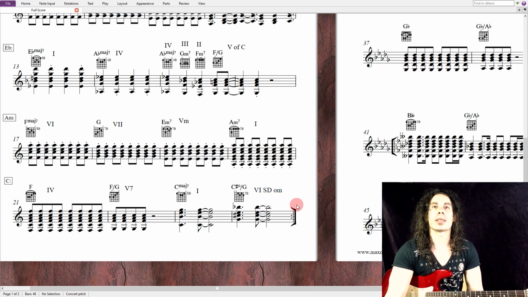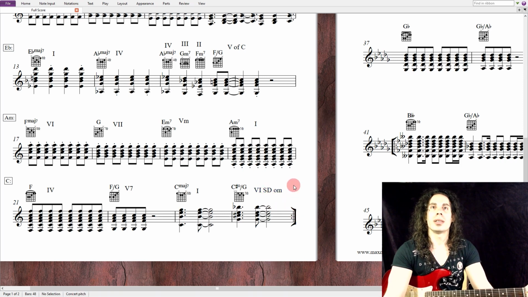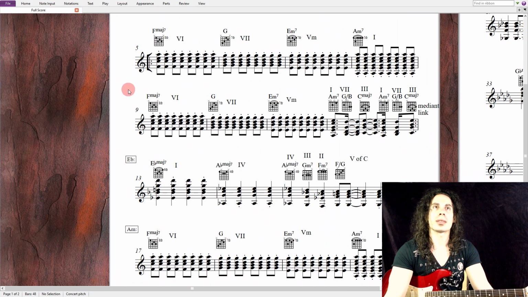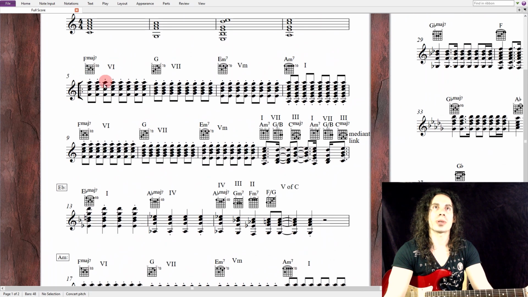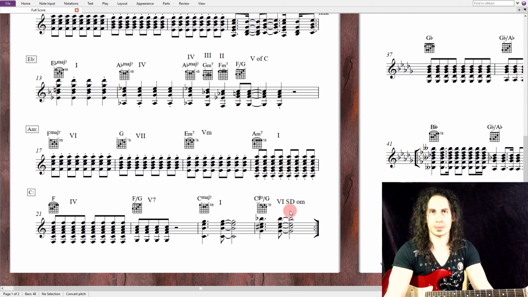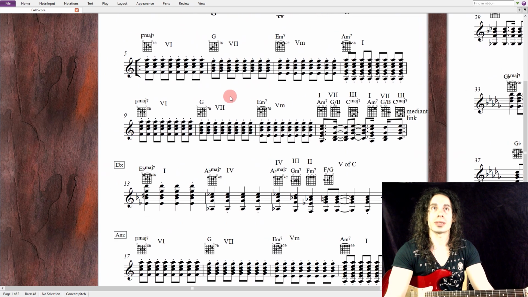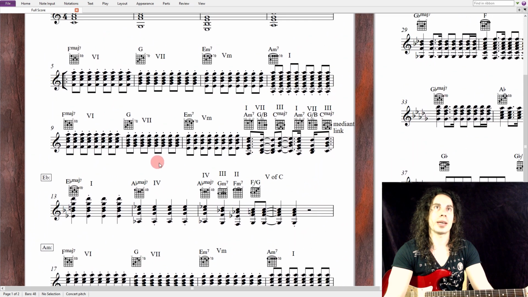Okay, and here we have a double bar, so it goes back to the F over here, that is the subdominant in A minor. So it's really working because the dominant of D minor is the subdominant on C and A minor, and here it goes to the other subdominant, which is F. Okay,